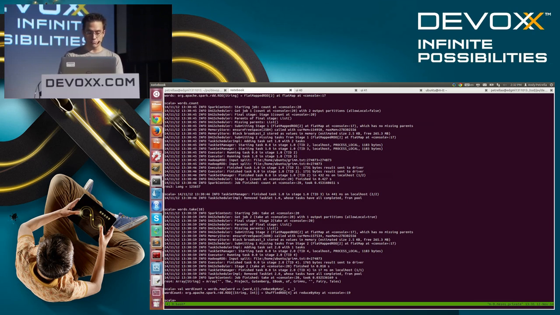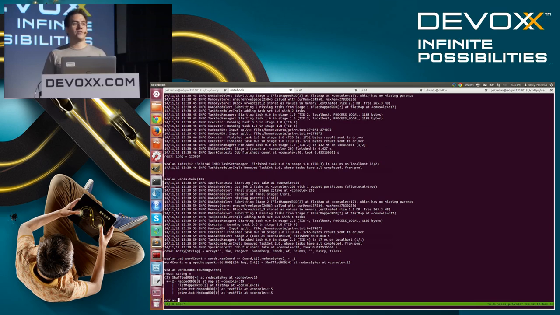I need to ask for it, and this time what I want to show you is the lineage. The debug string is your friend, and the debug string says here we are departing from that HadoopRDD that is based on the Grimm.txt file, so it has a link to the source. And given that our source is not changing, the whole RDD can be recomputed to the same result every time.